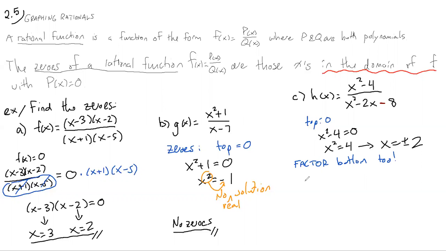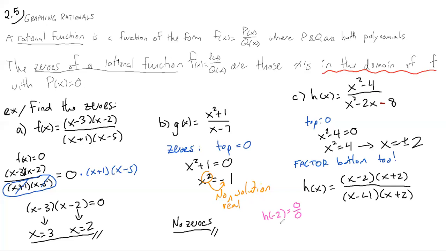If we were to factor the top, it would be that difference of squares, so it'd be x minus 2, x plus 2. And then the bottom, with that minus 8 there, should be x minus 4 times x plus 2. Obviously it didn't work with the plus 8. So what you'll see here is that there is some cancellation. You'd also recognize that plugging in minus 2 doesn't work. H of minus 2 is 0 over 0, which does not exist. So x equals negative 2 cannot be a 0,